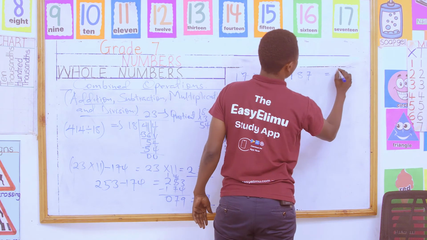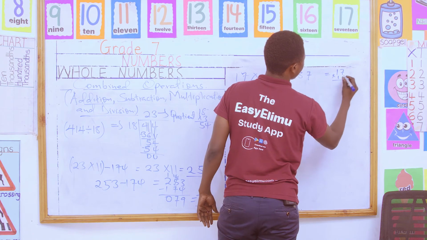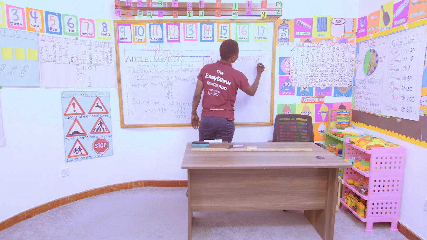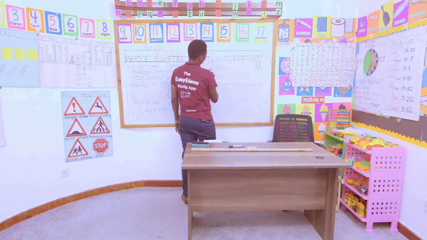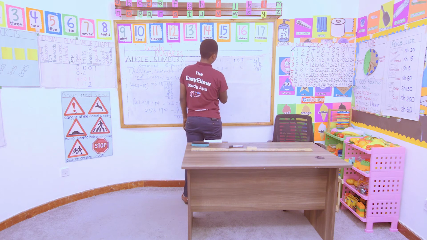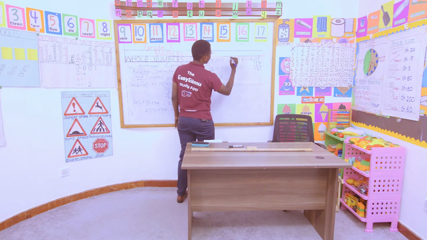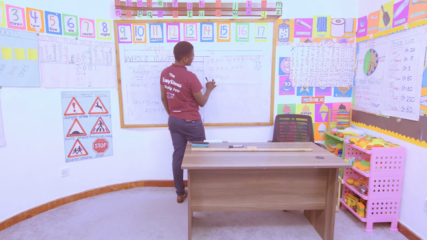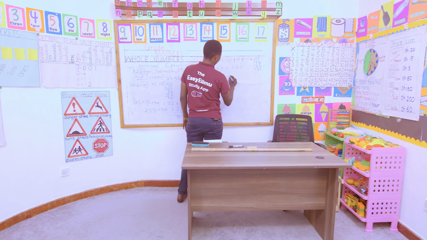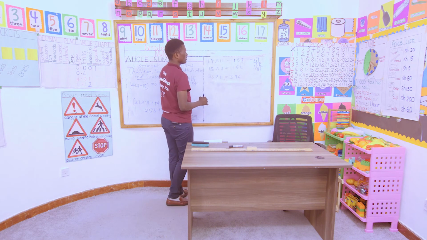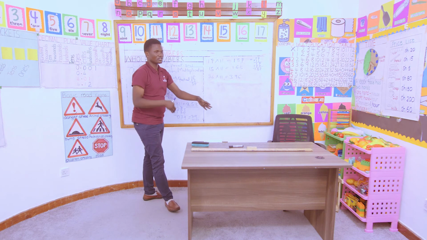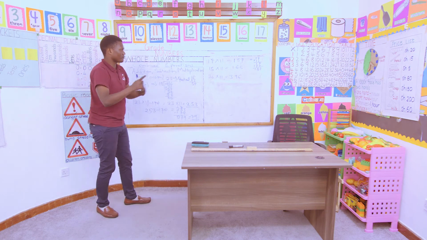Is that true? Confirm. 7 times 11. That is 7, that is 1, 7, 1, 0, 7, 8, 1. So that is true. So here, 1 plus 5 is 6. 6 is less than 10. So I can space it. Then I add them. 1 plus 5, I'll get 6. 3 plus 6 is 9. 9 is less than 10. So I can space my number. This plus this is 9. That is 396. So the essence of discussing this is to enable you work fast and save more time